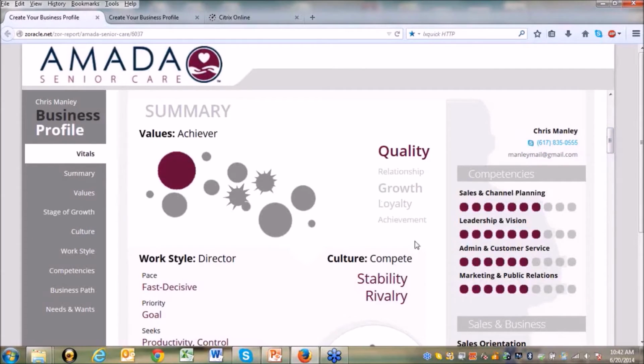So up here you'll notice that there's a constellation. You'll also notice there are two what we call splatter dots. This is going to alert you to look further into the assessment results to see what these splatter dots are. These splatter dots are values that are askew. They're amiss in this prospective franchisee's life. There's something going on in their life. There's some kind of pain going on. And those of you that have been in sales for a while know if we can find out what the pain is and we can solve the pain, we do more deals. So I want you to be looking at that.